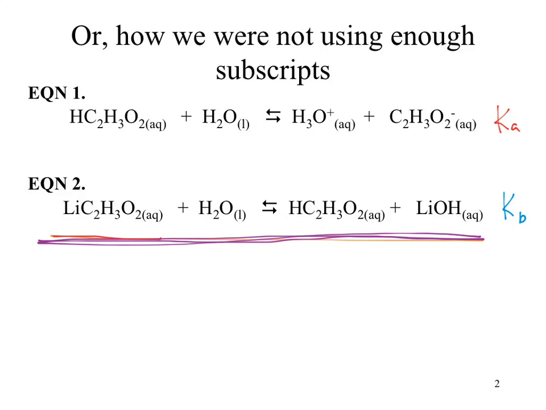If we now go through and add these two equations up, we see things that can start to cancel. Does our acetic acid show up on both sides of the equation? Yes. So we can cancel that. Lithium ion shows up on both sides. We'll go ahead and cancel that. How about the acetate ion? Okay. We can then go through and add these two equations together, and what we get